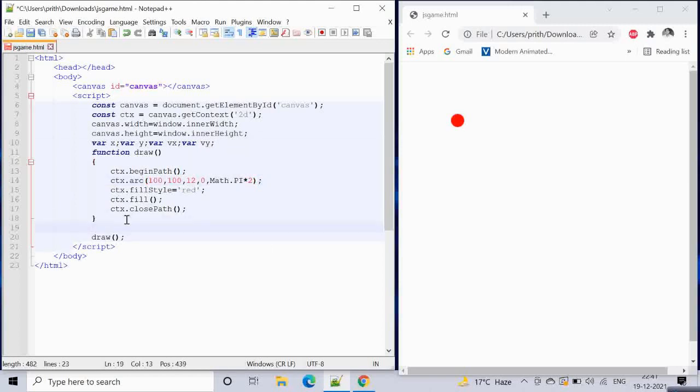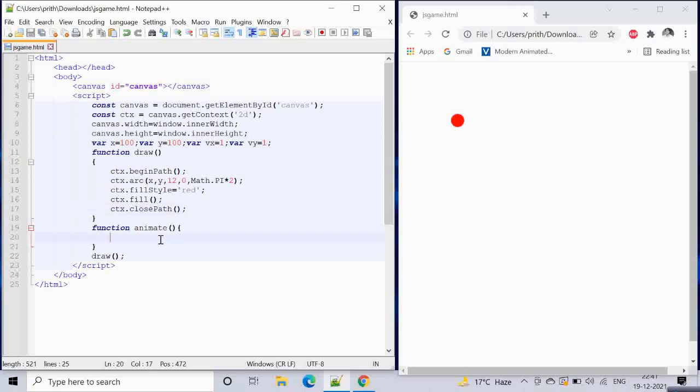Rather than having it in the same position, we will have an animate function, which will continuously loop around and render this. So x is initially 100, y is initially 100, vx is let's say 1, vy is initially 1.